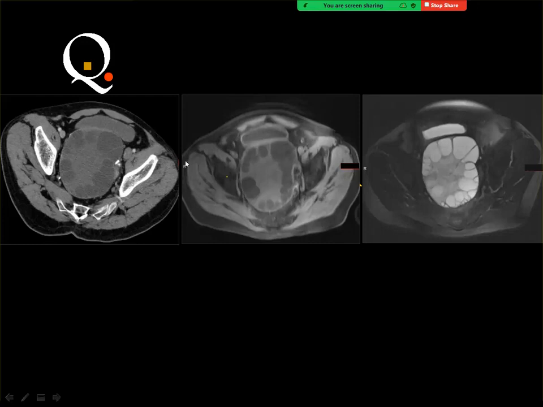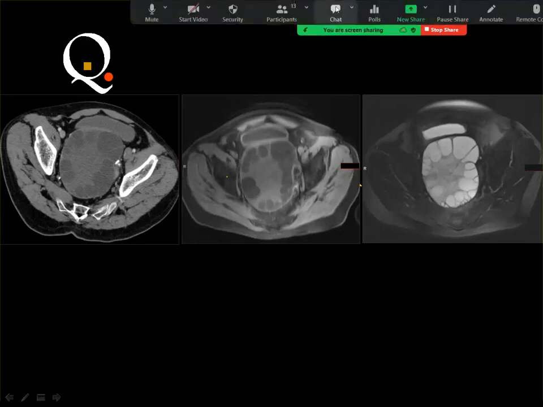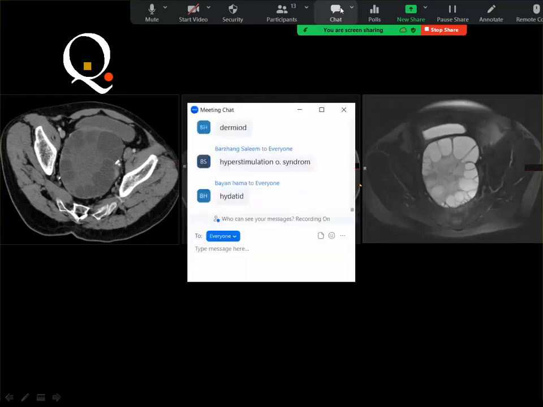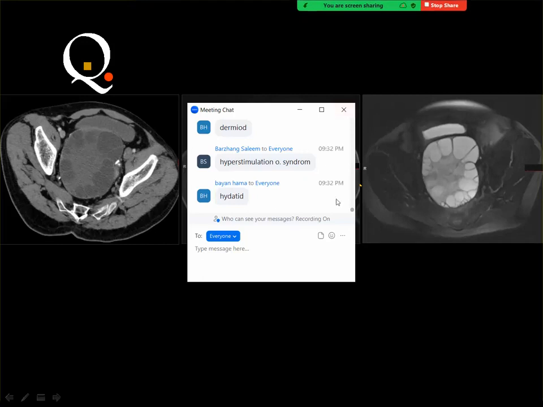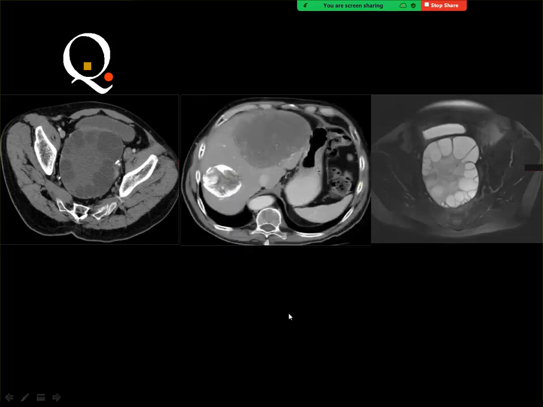this is CT, and this is T1 fat set, and this is T2 fat set of a big lesion in the pelvis. Yes, and this is hydatid. Of course, it's not hyperstimulation ovarian syndrome because you do not see the other ovary, but this is hydatid cyst because if you look at the rest of the images of the CT, you see two other hydatid cysts in the liver. One of them is almost totally calcified, and the second one shows some marginal calcification, while